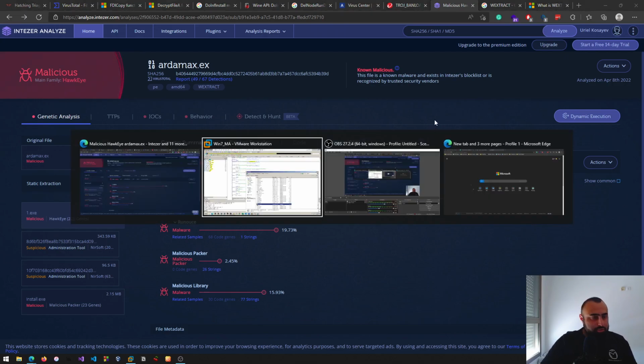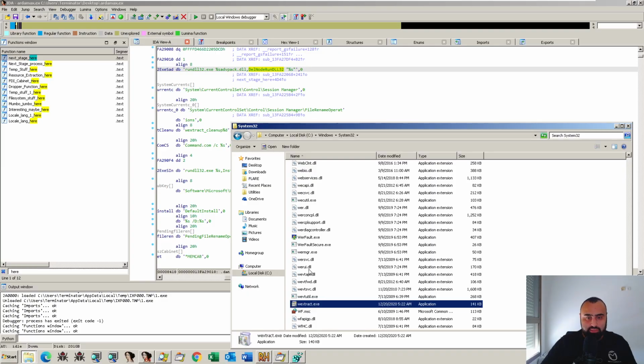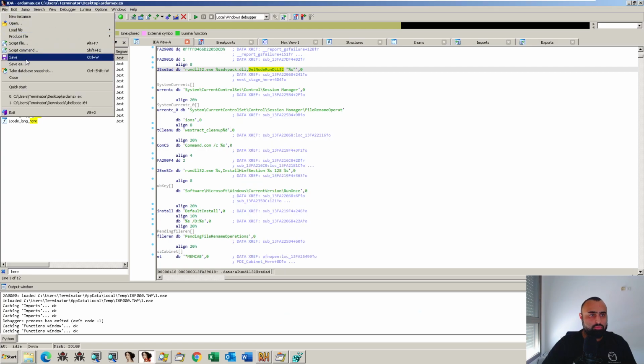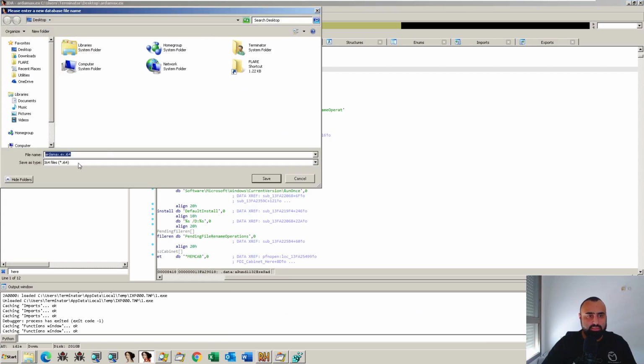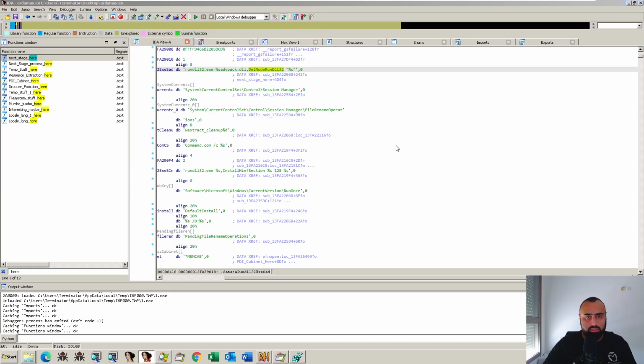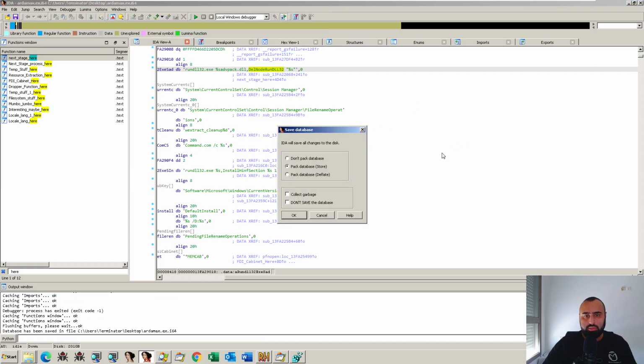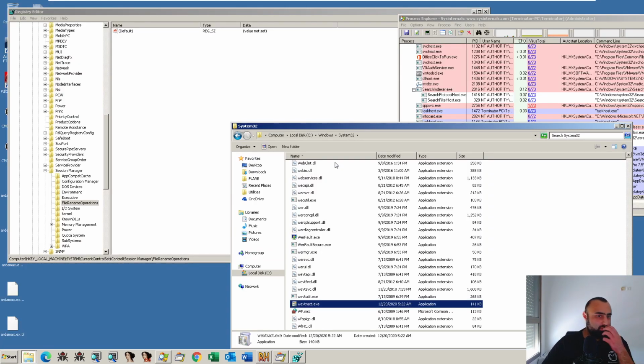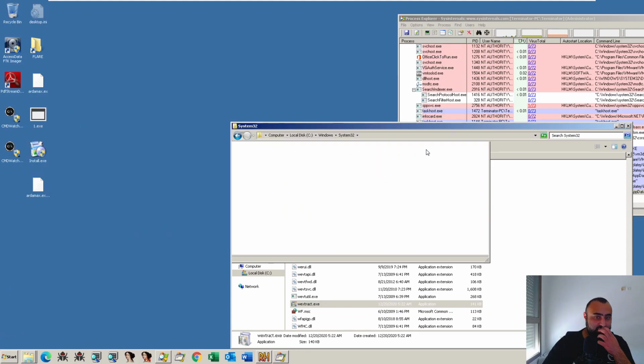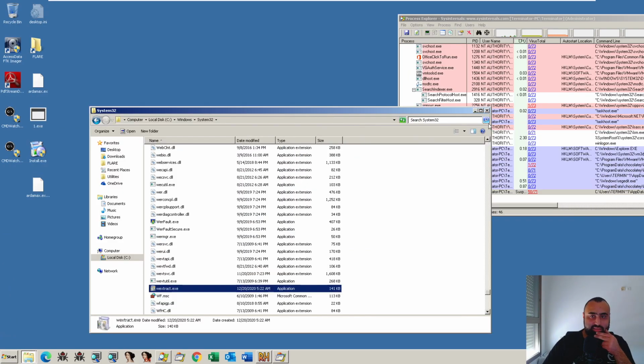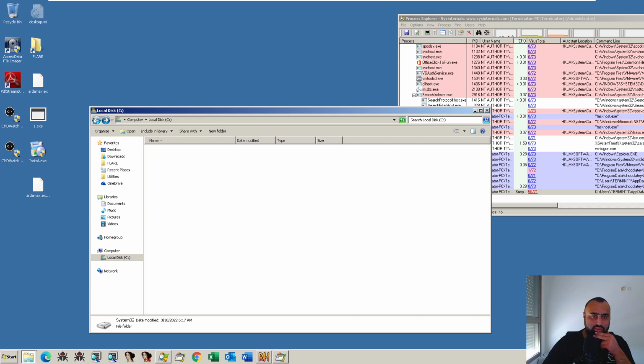And if we continue researching our sample, we can now go and let's do save as the database itself. Want to save it on the desktop if we will need to use it again. So let's go with first stage, can close it, pack database. It will pack the database, all its files. So for now we can continue analyzing the second stage, which is one exe,